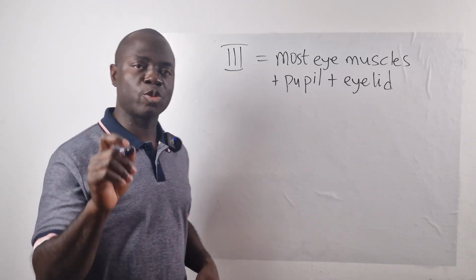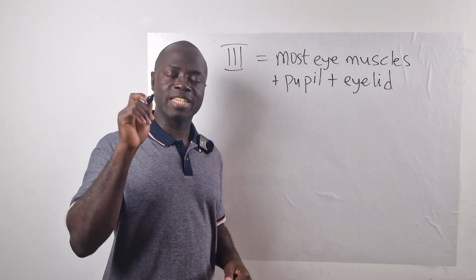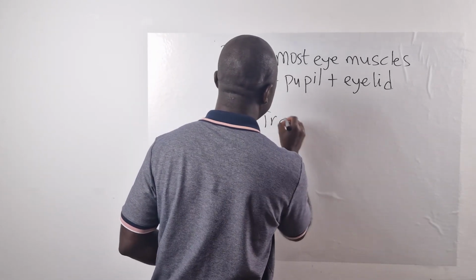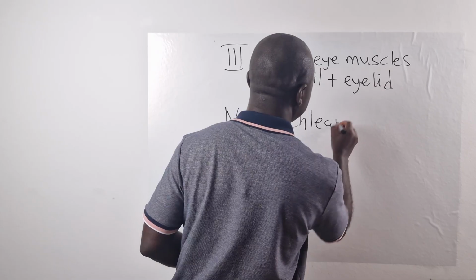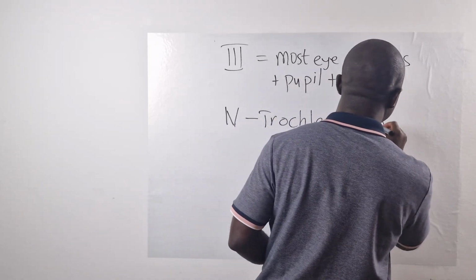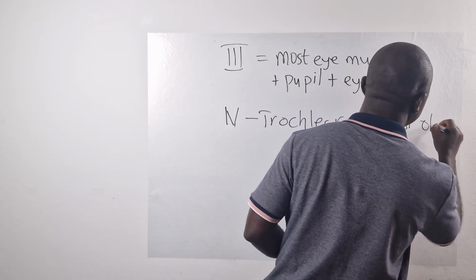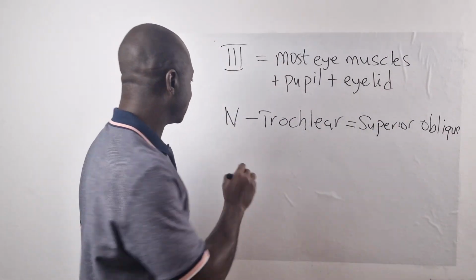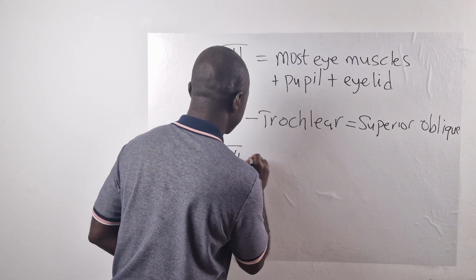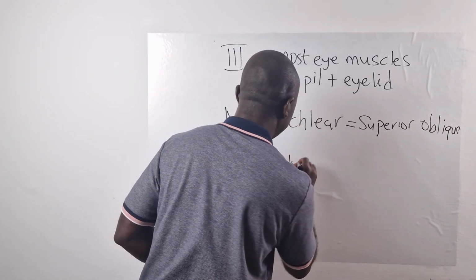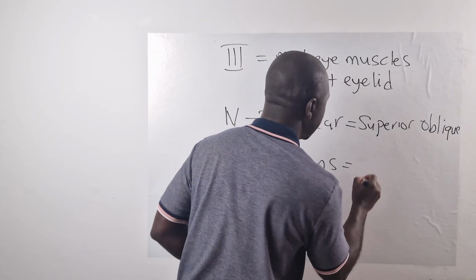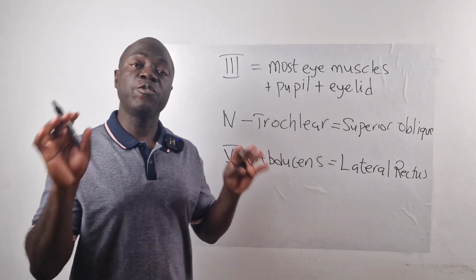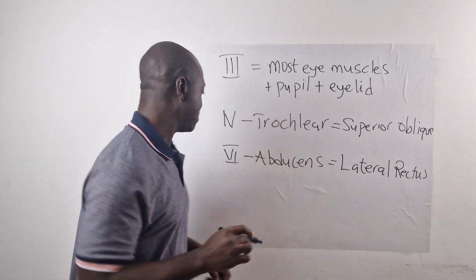Cranial nerve 4, the trochlear nerve, supplies the superior oblique. So cranial nerve 4, which is trochlear, supplies superior oblique muscle. Superior oblique muscle. And cranial nerve 6, which is the abducens, supplies the lateral rectus. If you remember only one thing here, remember